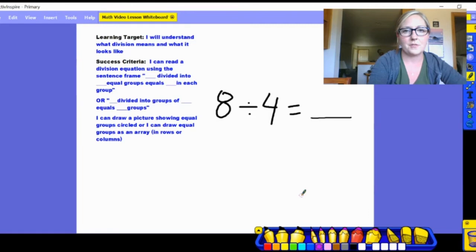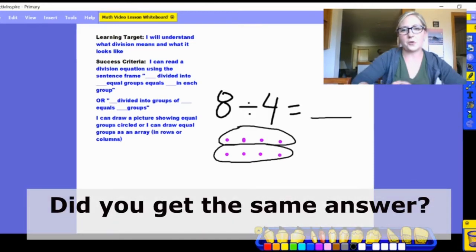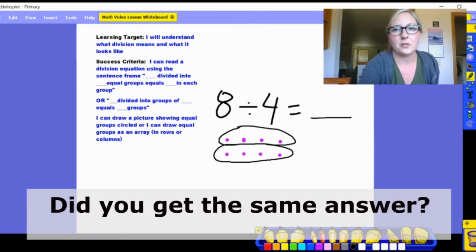Okay, I'm going to reveal the answer. If I wanted to figure out how many groups of 4 I could split 8 into, I could draw rows of 4. So there's one row of 4, 5, 6, 7, 8. There's my other row of 4. And just by looking at my array, I can see that 8 divided into groups of 4 is equal to